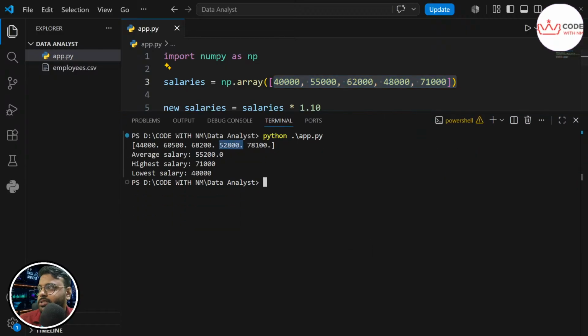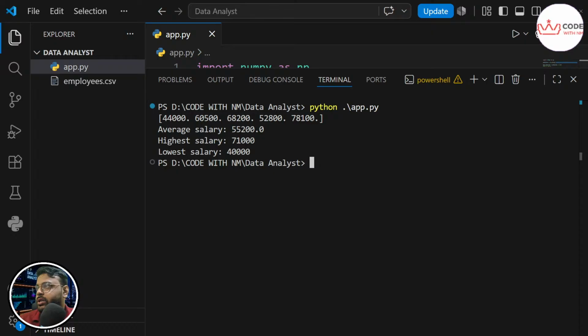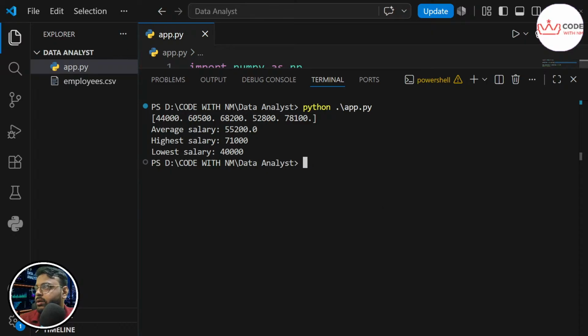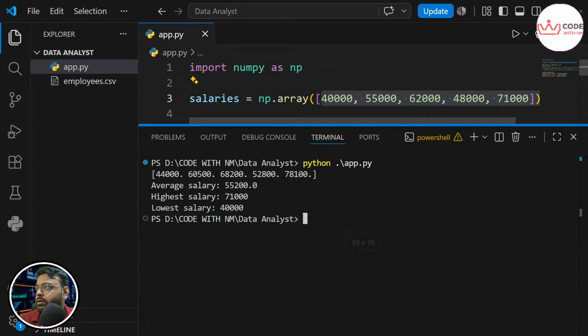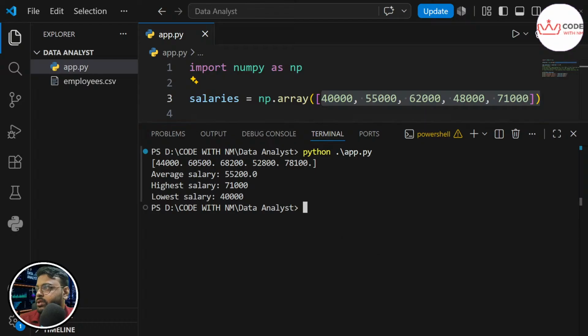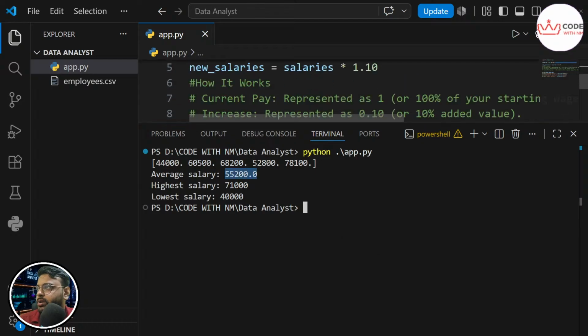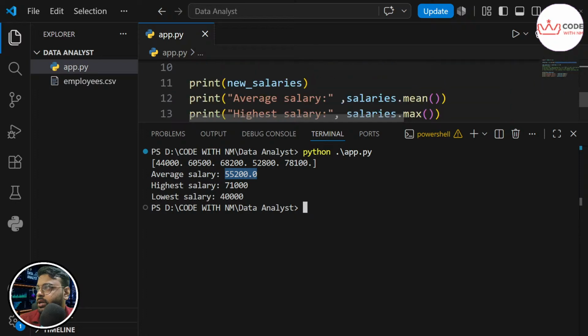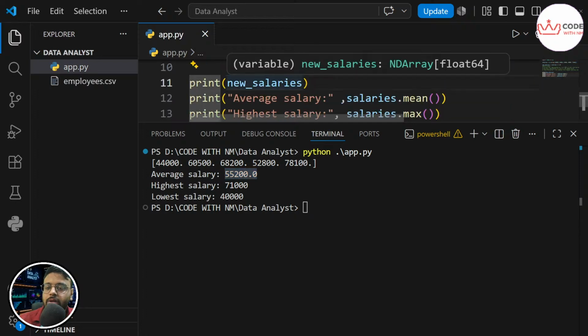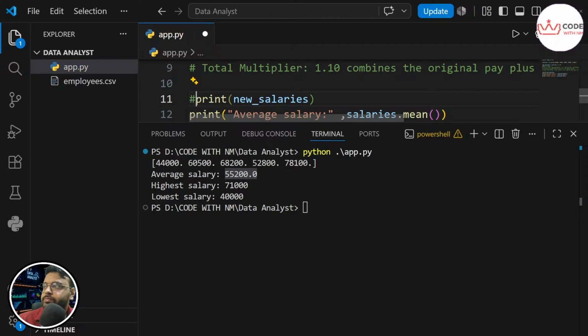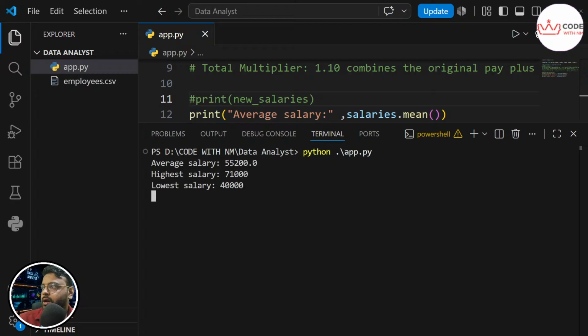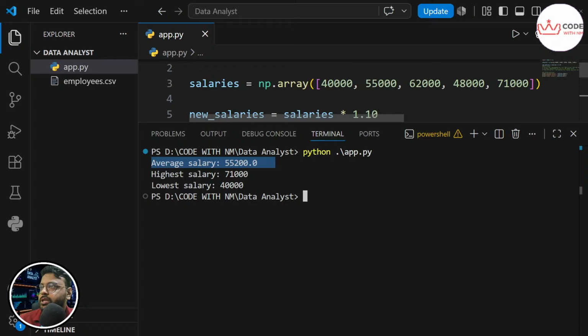Here is the output. Let me comment this also so it won't create confusion for you all. Save it and rerun it. So the average salary is 55,200, but I don't have any 55,200 in the array. So how did it come?